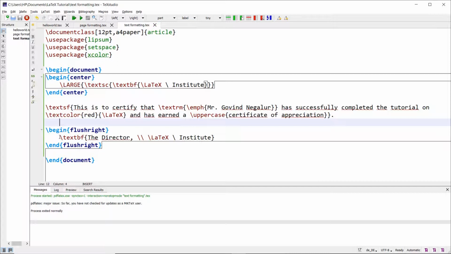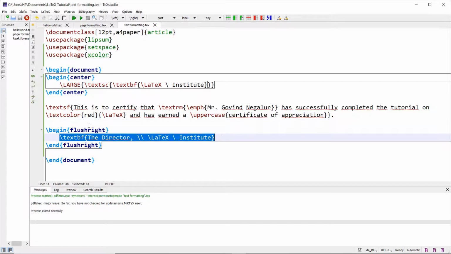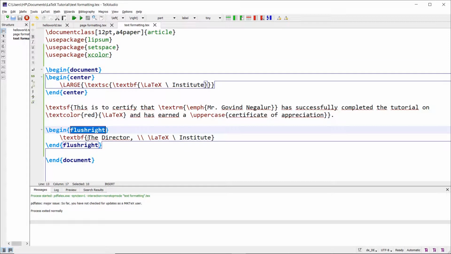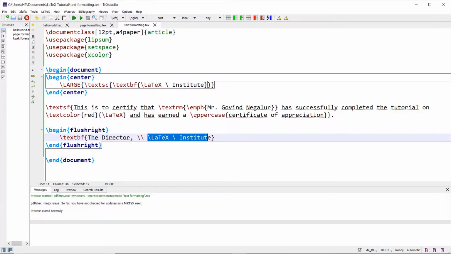So I have put these texts inside the flushright environment, and I want this to be in bold case letters. So I have used \textbf, the Director, and in the next line LaTeX Institute. Note here I have used a single backslash, which gives one space between LaTeX and Institute. Without this you would not get a space between LaTeX and Institute.